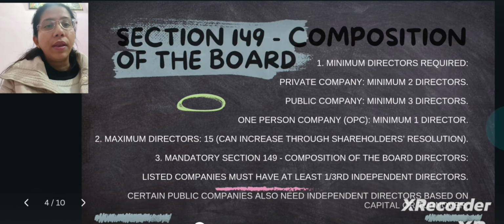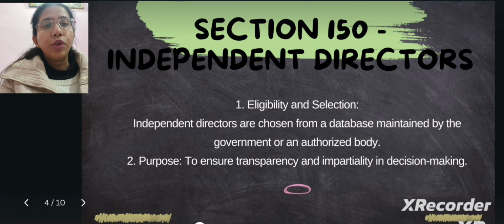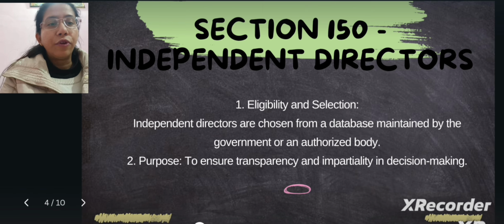Now, moving forward to Section 150, independent directors. This covers eligibility and selection, and how they will be independent in that particular company. Independent directors are chosen from a database maintained by the government or any authorized body.